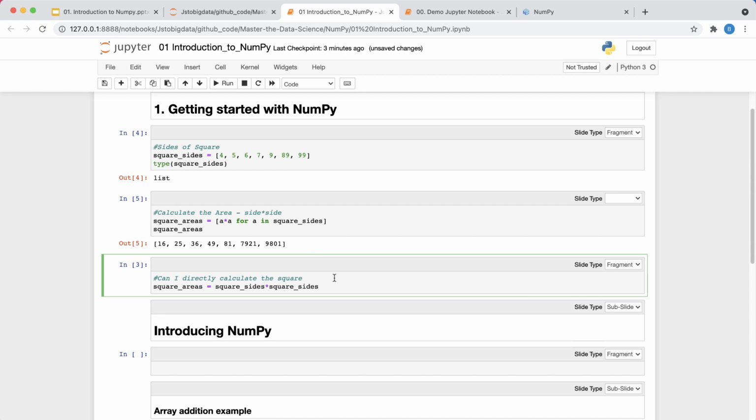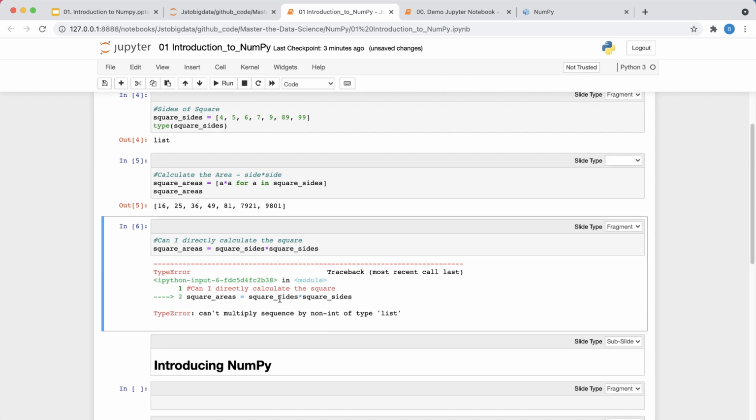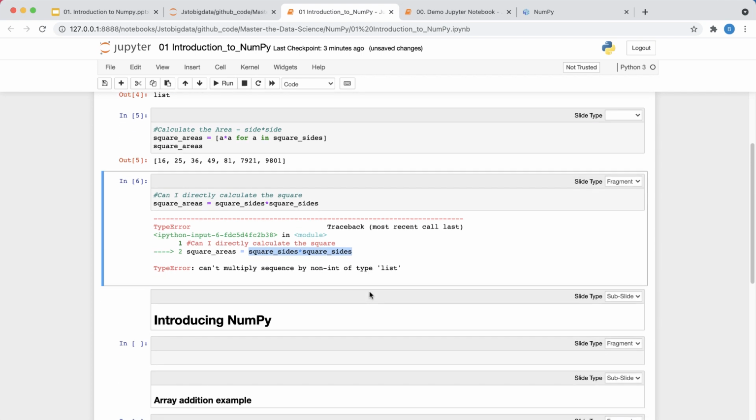And then let's try to run this and see what happens. You can see that it clearly says a list cannot be multiplied with another list.